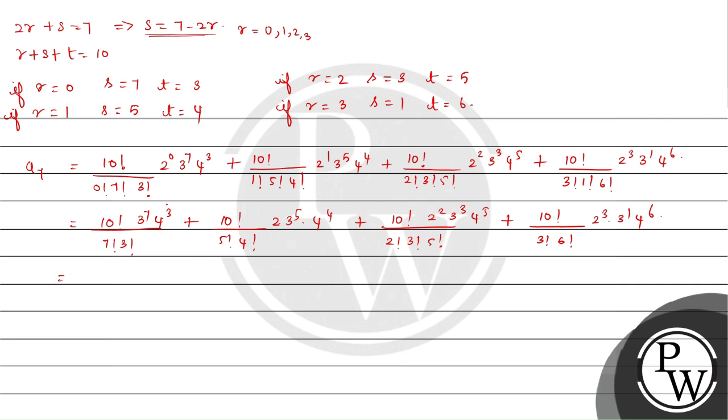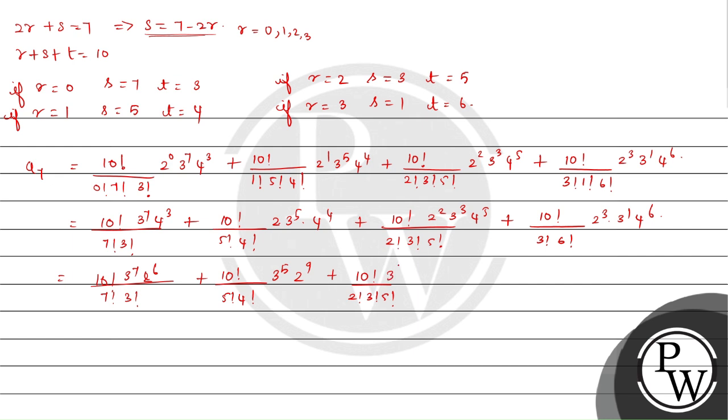Now let us change all the 4 powers into the power of 2. So we will have 10 factorial, 3 power 7, 2 power 6 divided by 7 factorial, 3 factorial, plus 10 factorial divided by 5 factorial, 4 factorial, 3 power 5, 4 power 4 is 2 power 8. 2 power 8 into 2 power 1 is 2 power 9, plus 10 factorial divided by 2 factorial, 3 factorial, 5 factorial,